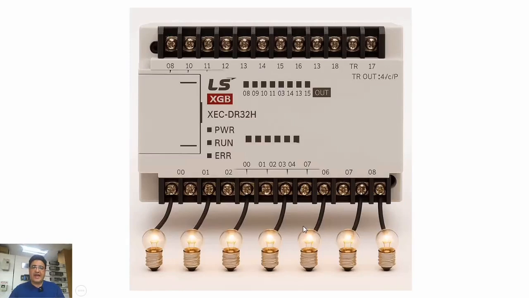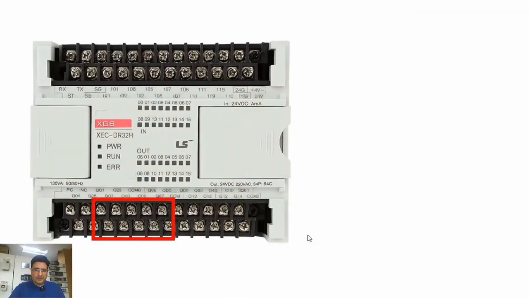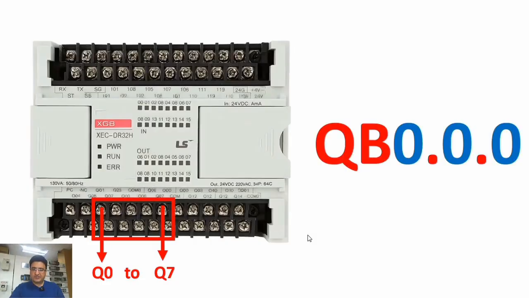We want to clearly see and understand how to properly address the various outputs when we want to precisely control all 8 of our individual outputs simultaneously. So let's suppose, for the sake of this discussion, that we want to address outputs starting from number 0 all the way through to number 7, encompassing all of them at once. The way to address them is like this: Q byte